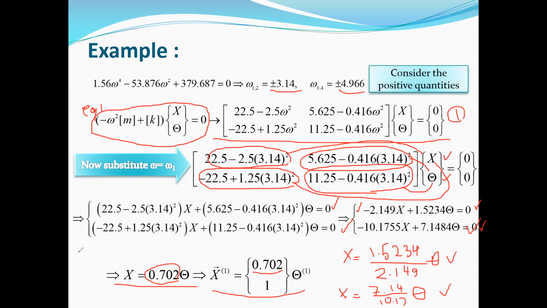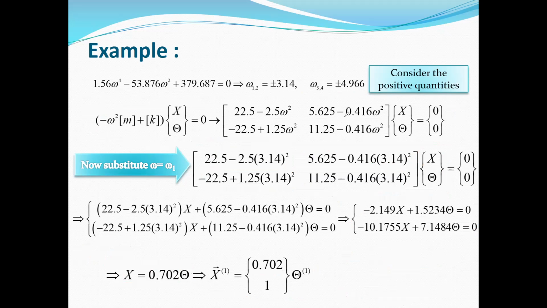You know that the mode shape is equal to the amplitude of x, which is uppercase X, and the amplitude of theta. So if you substitute, instead of X, this term for theta, and extract theta from this vector, you can write the mode shape in this form. Okay, so this is the first mode shape, and now we need to obtain the second mode shape by substituting omega equal to